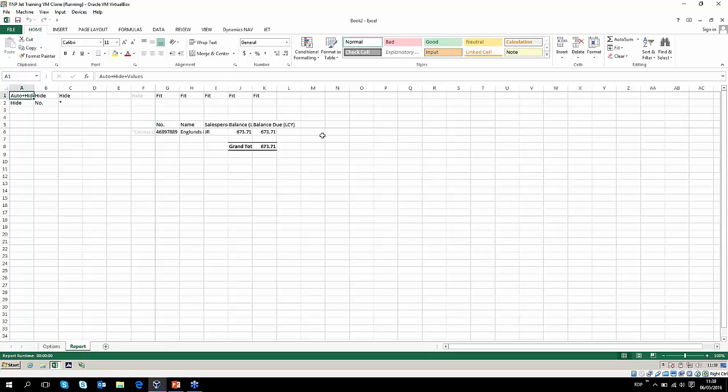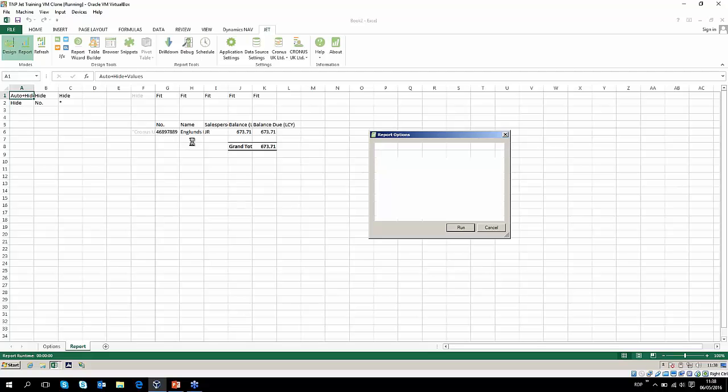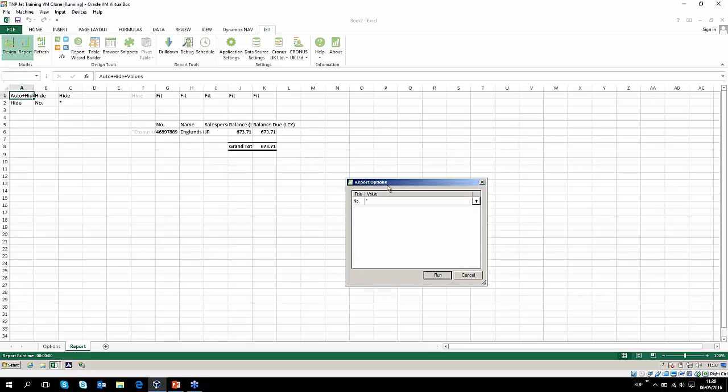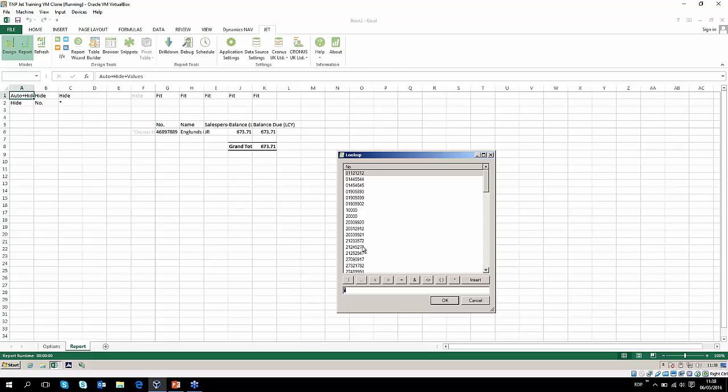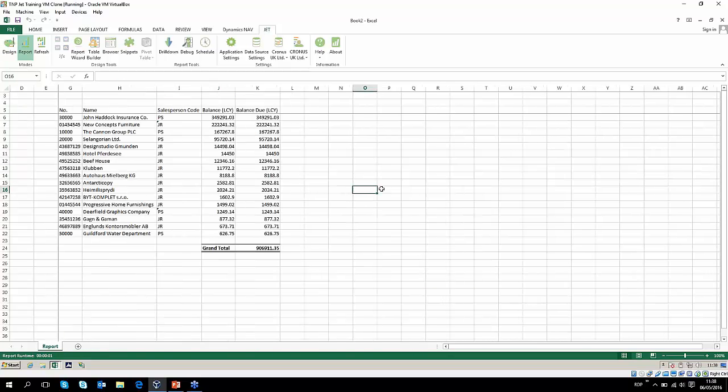Okay, so there's some information that's coming through. So let's run the report. Oh look, here's my little options window, which allows me to change the customer number. So I can hit the drill down menu here. Here's a list of all the customer numbers. Okay, so I can actually select it for a particular customer if I wanted to, and then I'm going to hit run. Ta-da! Okay, so obviously it's the same information as we had before, but we used the report wizard to be